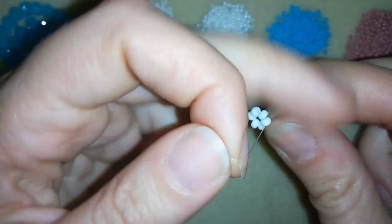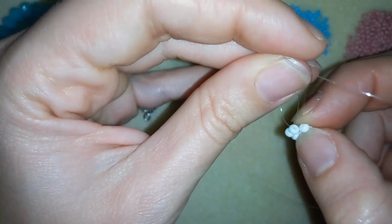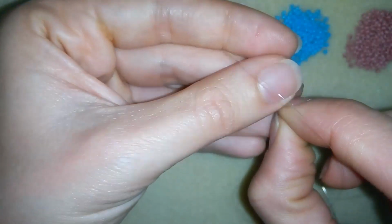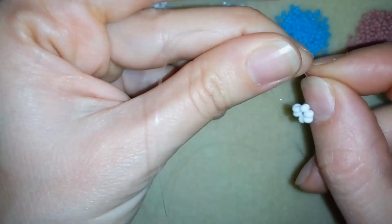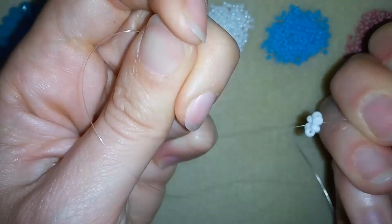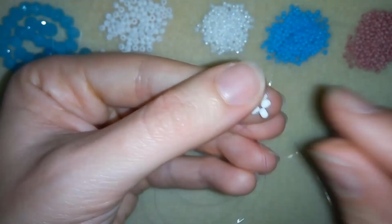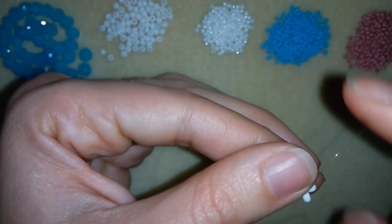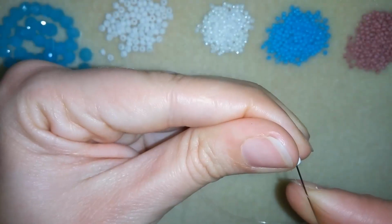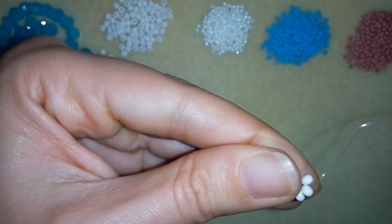And the way I'm making my knot is the same way I showed you many times before. I'm making a loop and I'm going once, then I'm going second time through the loop I've made, and I'm pulling, making sure I'm between those 2 beads where I started my knot, and now I have a circle of beads here. Okay, now what I want to do is go through some beads in this direction,